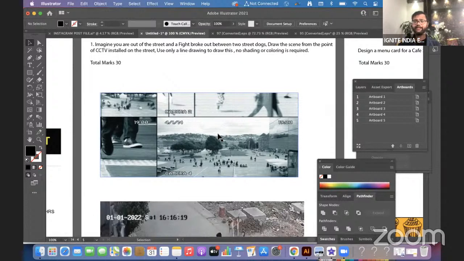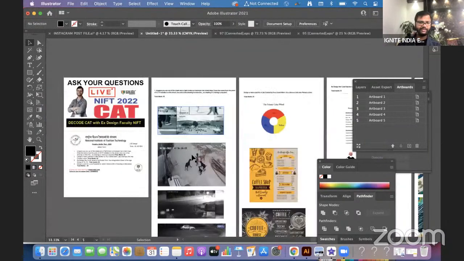So try to understand this kind of question you may get in the exam. If you get it, do not do the shading, do not do any kind of coloring. Just focus on the technical side. Your sketch should be technically correct. So I think you all should focus on the top view sketches, and one question will definitely be there from the perspective view. It may be a platform or an airport or anything, but one question will be there from the perspective. So this is very clear now.